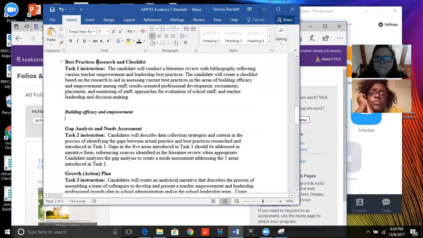What literature are you using? Are you using one that we were reading in class, or one that you already had experience with? Because I was wondering, should my best practice be tied to my Apsol with the PBIS stuff, or should it be something completely separate? Well, what I did was I just started fresh, because this is about empowerment and leadership: as if you were the principal, how can you empower and encourage teachers to be leaders.